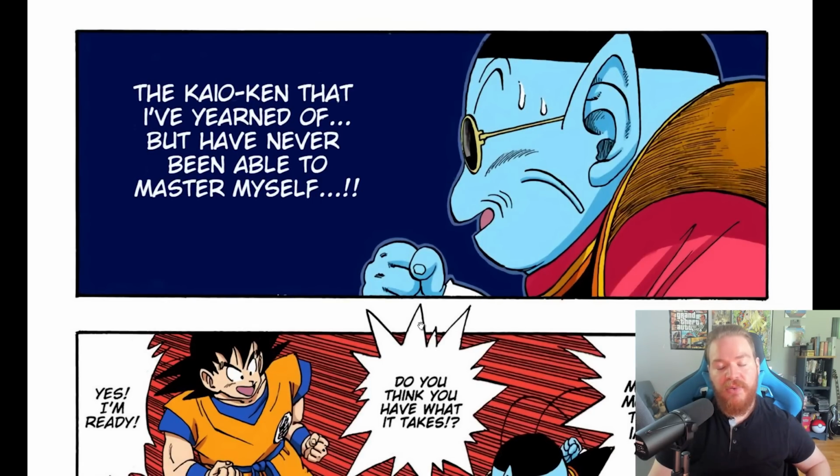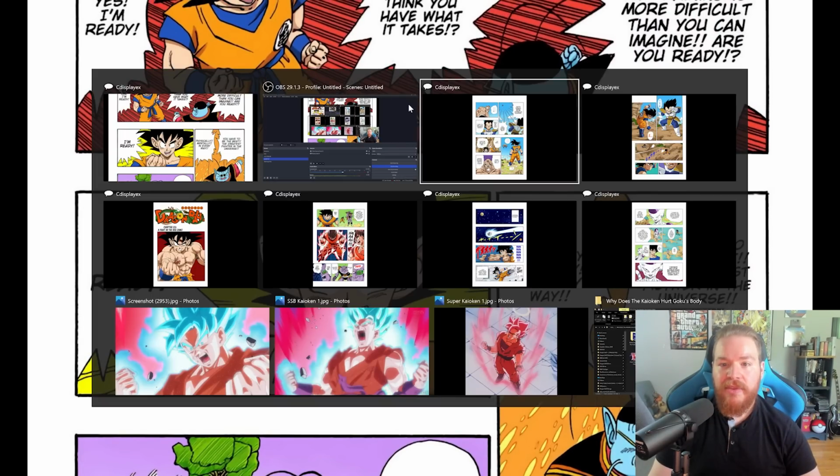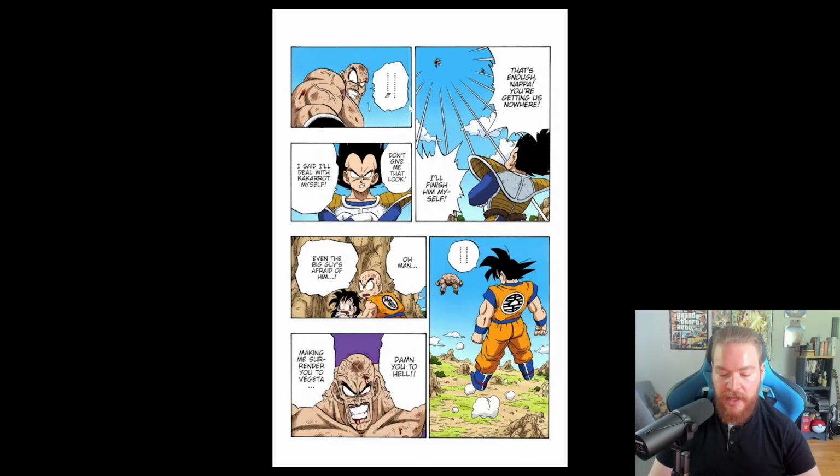Now that's an interesting point. The guy who created the Kaioken, the guy who trained Goku to use it, named after himself, the Kaio, Fist of the Kai, the King of Worlds. The fact of the matter is that he himself can't even master and use this ability. However, Goku ends up being able to, as we see with the first example of him doing this,